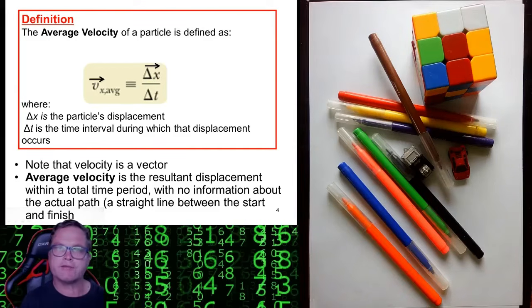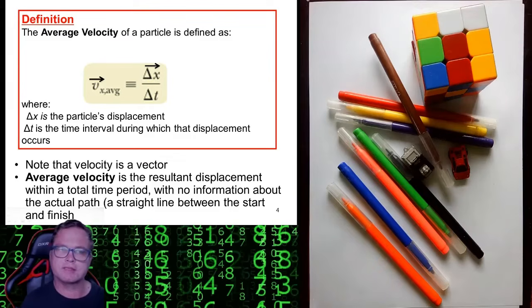We look now then at the definition of average velocity. The average velocity of a particle is defined as the displacement vector divided by delta t, where delta t is the time interval during which the displacement occurred. If we look at the notation, we note that the velocity is written as a vector. It has this arrow above. And this subscript x means that we're referring to velocity in the x direction. This subscript average refers to the fact that this is the definition for the average velocity to distinguish it